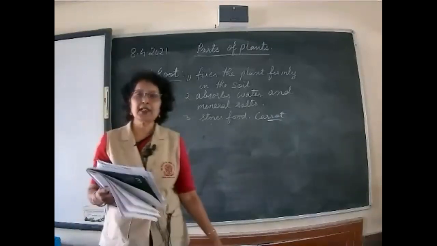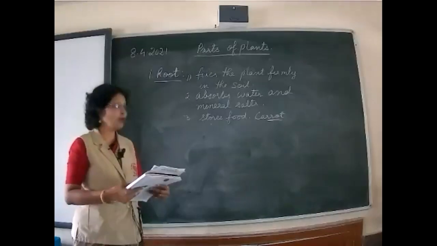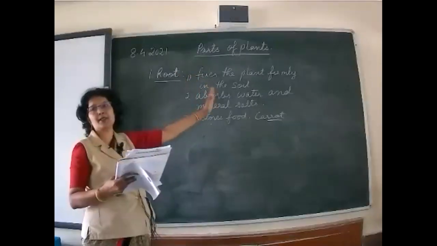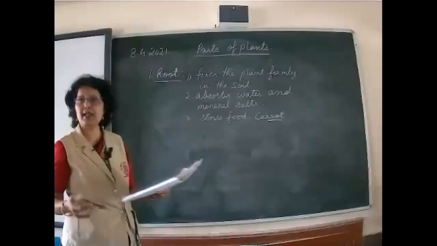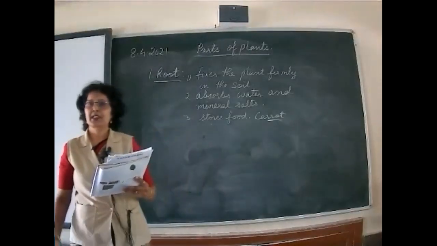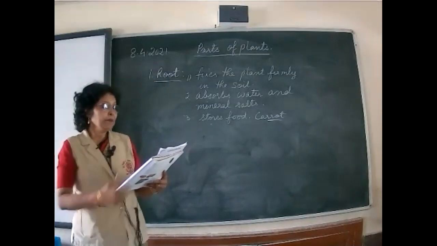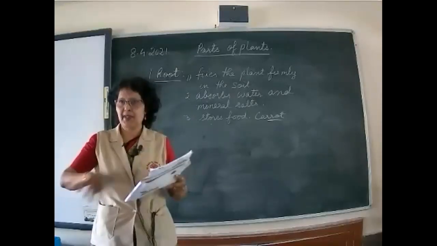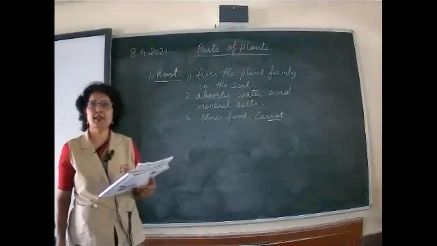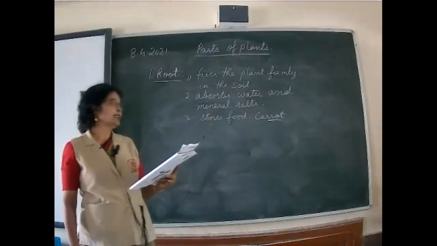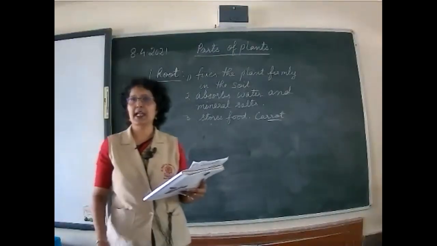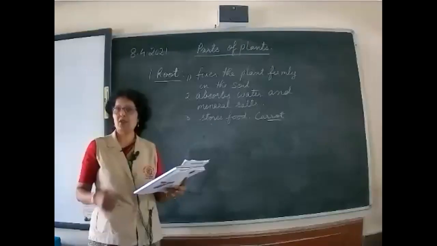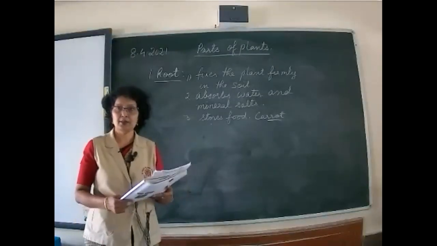So we are doing the functions of different parts of the plant. The first function is that root fixes the plant firmly in the soil and helps the plant to stand upright. It gives support to the plant. Then the root hair. Root has got small minute hairs. It spreads under the ground and it absorbs water and minerals from the soil. Third is that it stores food and this food we also eat. Carrot, turnip, radish. Radish, you know what is radish? Mooli. Carrot, gajar. So all these are roots. They are part of the plant.